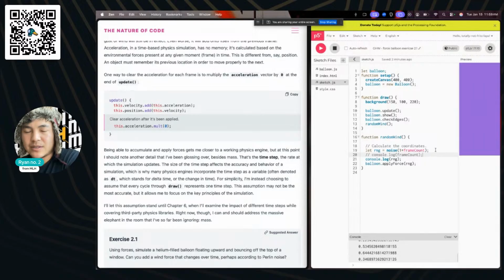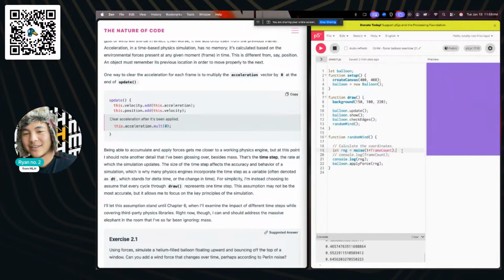Oh, I guess the other thing is that technically speaking, the reason why it's moving all the way to the right and not moving up and down at all, there's no Y component to this, is because we're supposed to be applying forces, but instead of applying a force, we're applying a single value. And so JavaScript is doing its best to convert that single value into the vector that we need. And the vector that we need is supposed to have two components, x and y. Because x comes first, it just assumes that this first value is going to be the x value. So let's actually hop in here